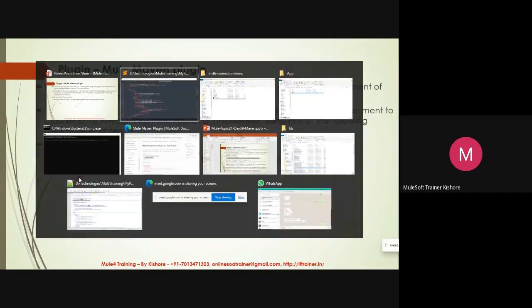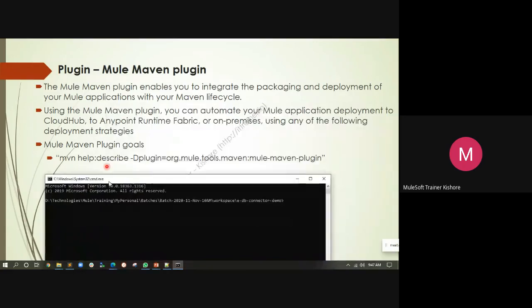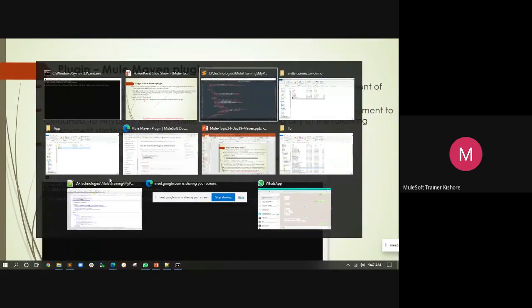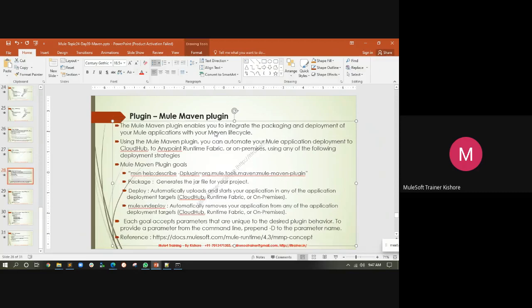So let us run this command here. No, this is wrongly copied. Let me try to copy this. What happened to my mouse?